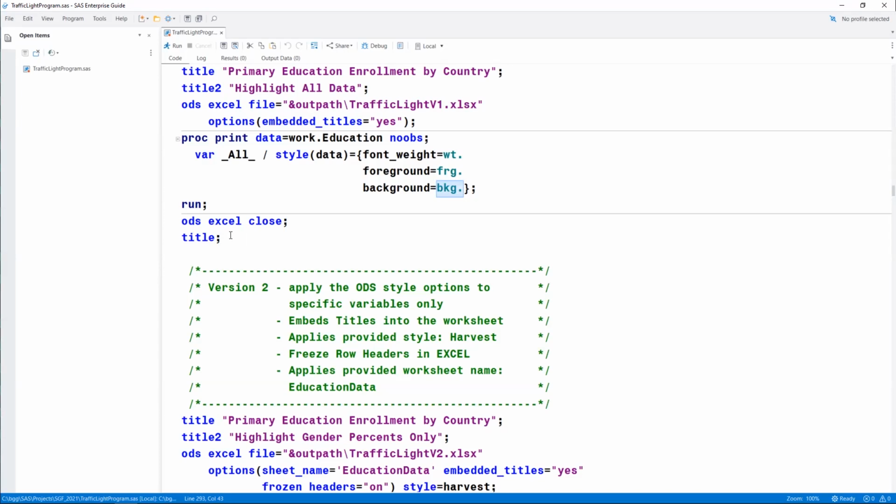This is syntax. You just have to learn it, and there, again, is documentation for many, many more style options. And again, I'll try to show a link to that a little bit later. For now, let's just run this and see what happens.